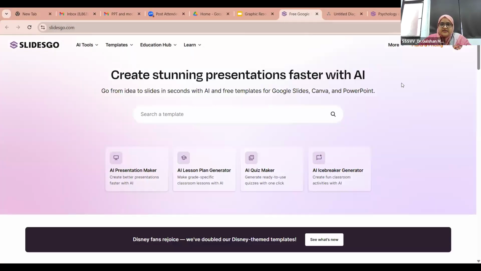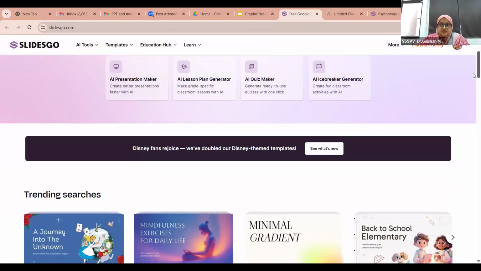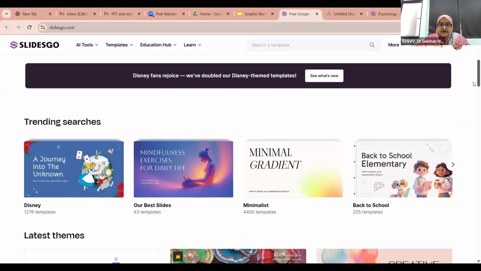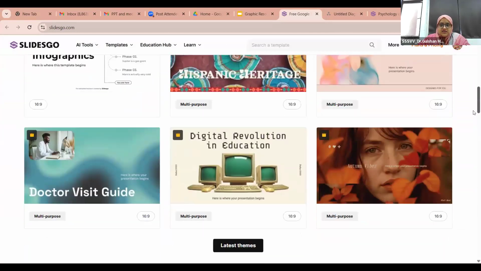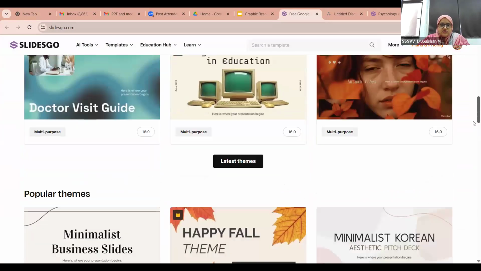This is the website of Slides Go. I hope it is visible to you all. Again, you have to log into this website to take the benefit of this and to access all the templates which are already available here. It is advisable to log in with your Gmail accounts.